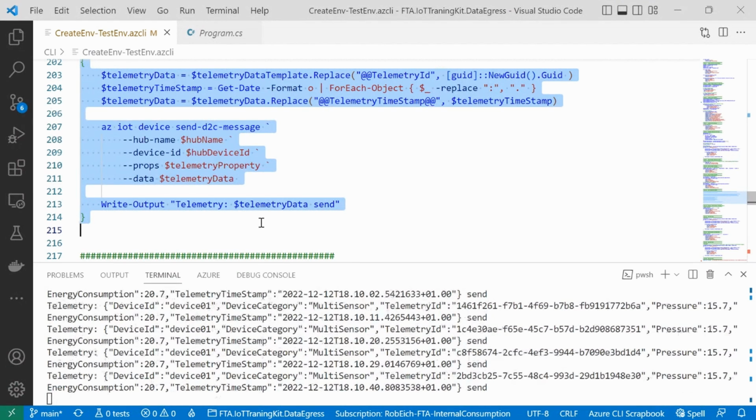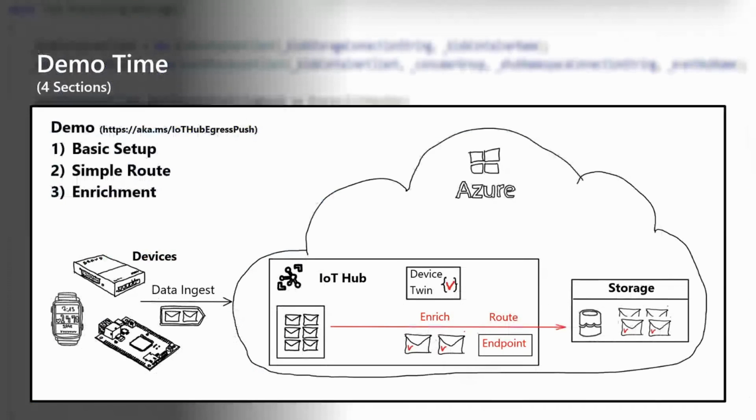So that's one thing. Now let's go back to the deck, because we have now seen how enrichment can be done. Now let's look into how we can filter and query information coming from a device and then route it accordingly. This is the next thing I want to show to you.